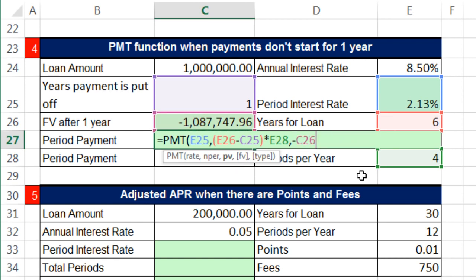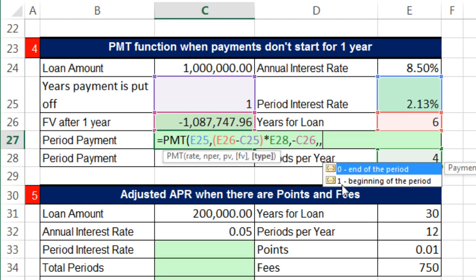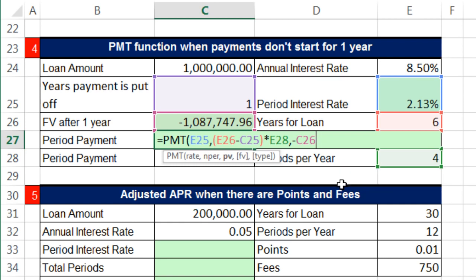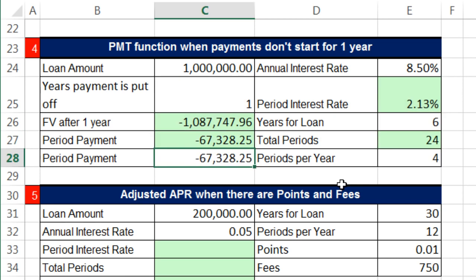Control Z. Cash flow sometimes gets tricky in finance. You always have to break it down and think about exactly what's going on. All right, PV, we have that. There is no balloon payment at the end, and our type is end of the period, so I'm going to leave both of those arguments off. Close parentheses and enter. Wow,